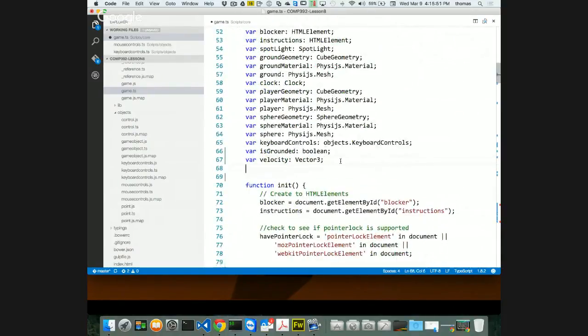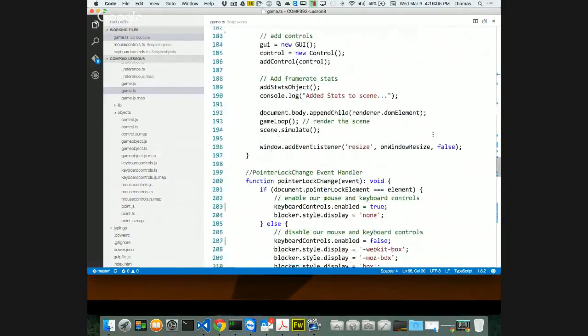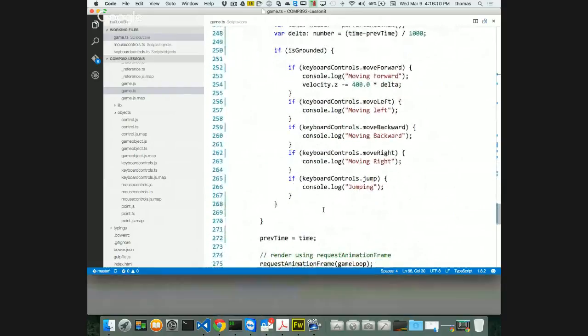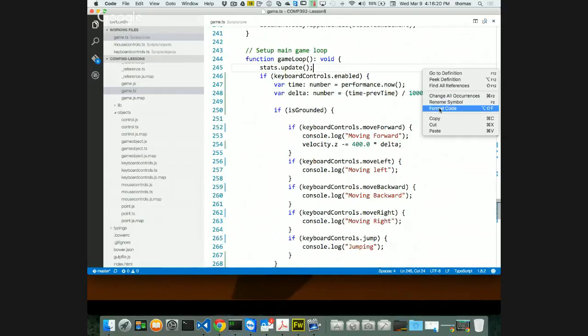So I'm going to do something like this: var previous time is a number. And you know what? Just keep it simple. I'm going to initialize it right here to 0. Couldn't do that, but hey, what the hell? Okay, going all the way down, I've got my way of keeping track of my previous time and my delta. And now I can go back here and see that delta is actually a calculation that I'm using. Delta is equal to time minus previous time divided by 1,000, which is going to say, hey, every millisecond that